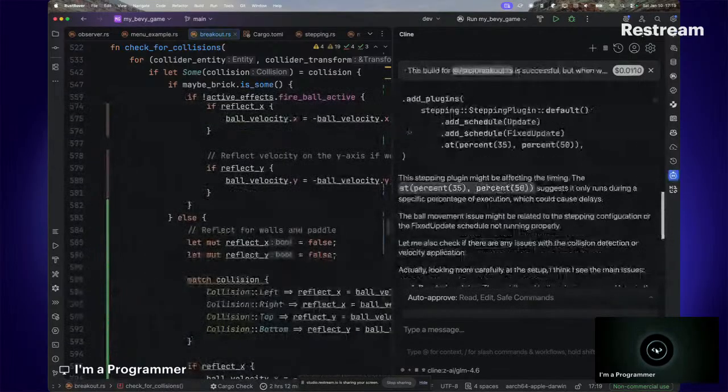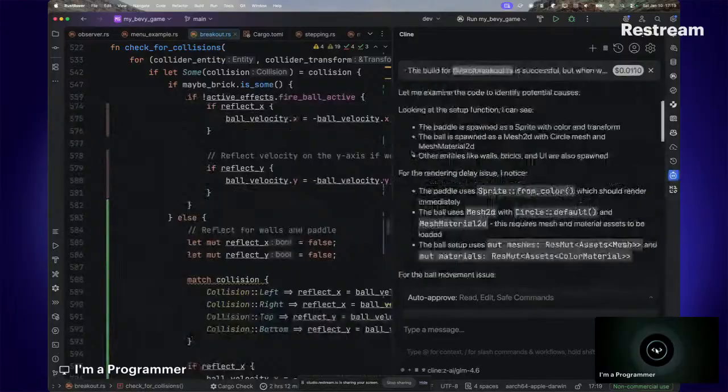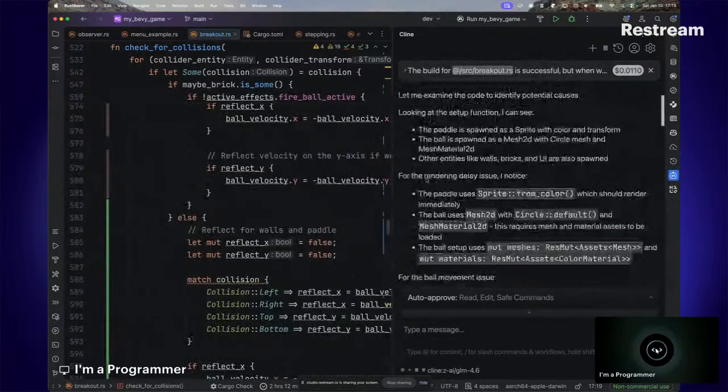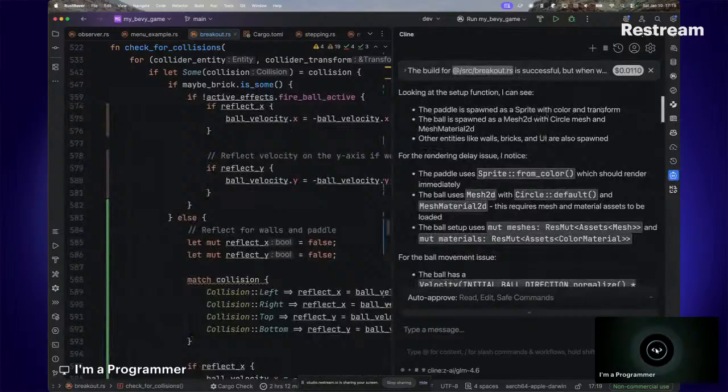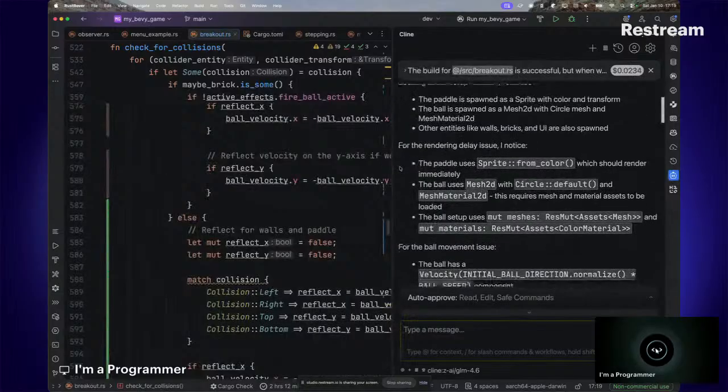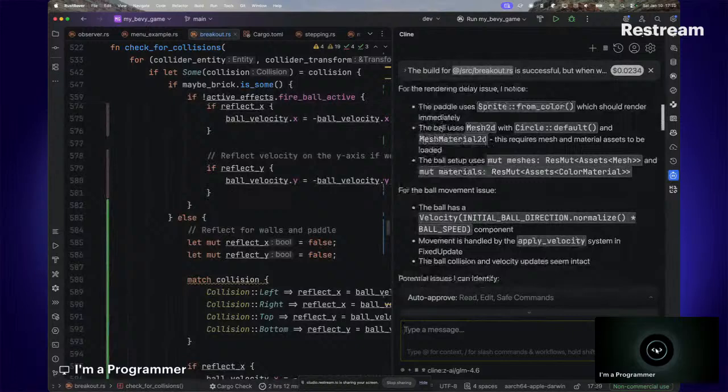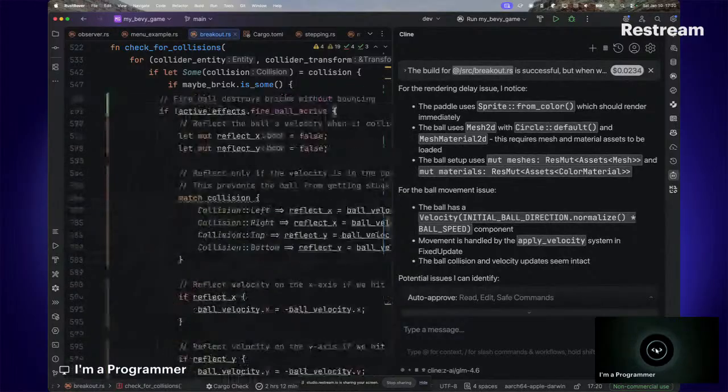So the first thing, based on what this gave us, is that I need to analyze this. Looking at the setup, I can see the paddle is spawned as a sprite with color. The ball is spawned as a mesh 2D. For the rendering delay, you should notice the paddle should render immediately. Exactly. And everything seems fine. There's no change around the